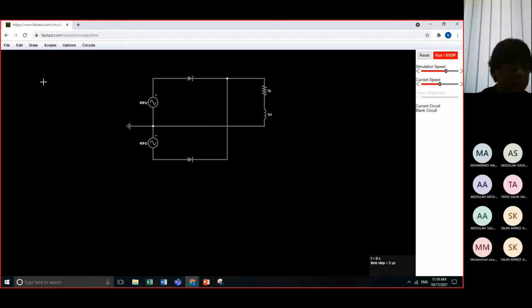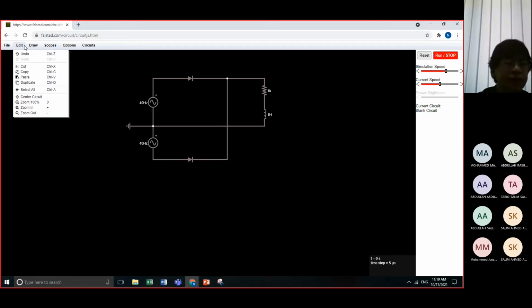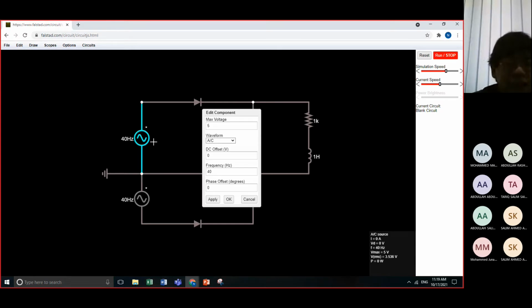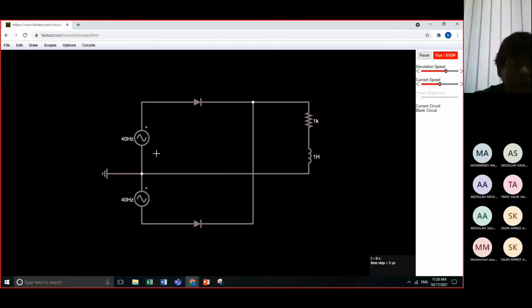Okay, now go to edit, then center circuit. Okay, so it is now visible. Since my task, I will change this to 12 volts. So you know already what your task is, but my task is 12 volts. My frequency is 40. Okay, then I will click OK.